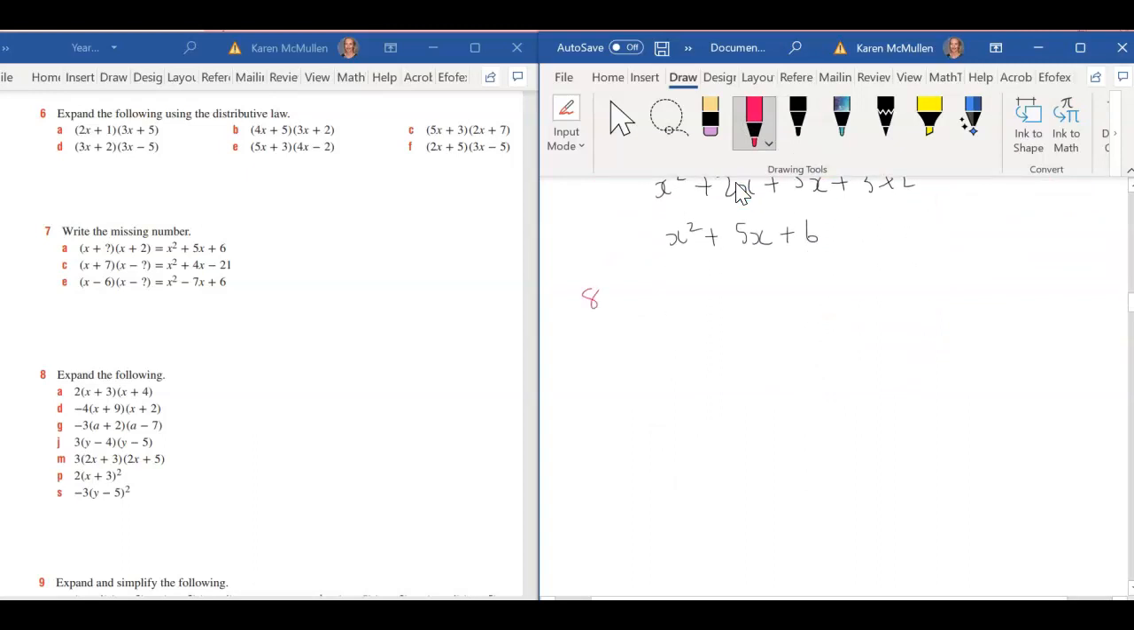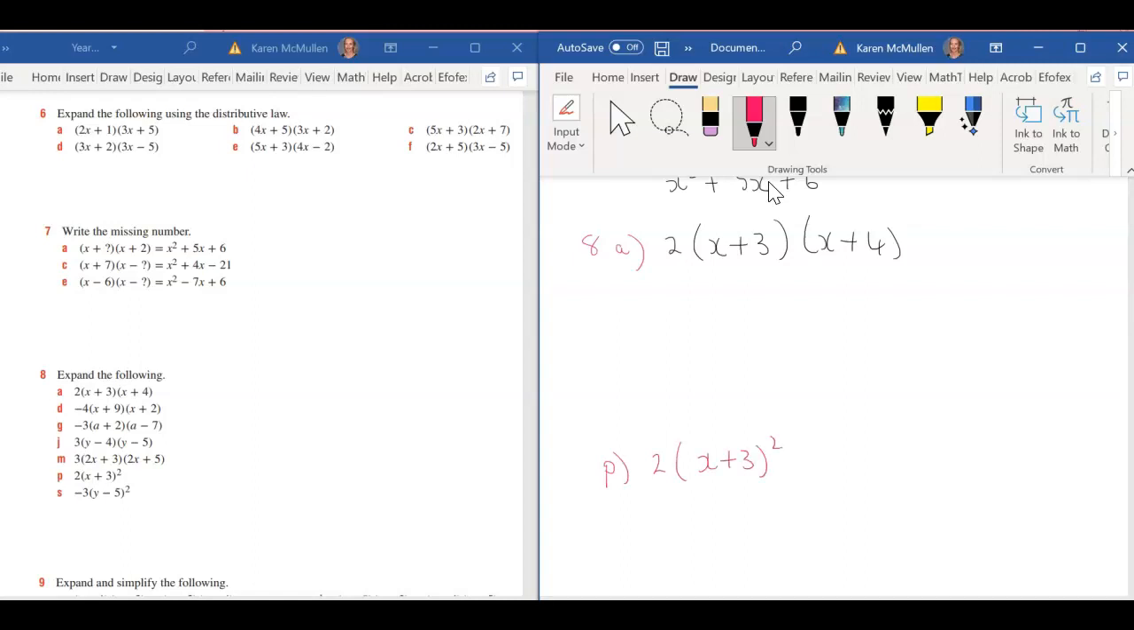Alright, I'm going to start with D. Actually, I'll do it. Alright, so we've got 2 times (x plus 3)(x plus 4). Actually, I'm going to compare this one to P. I'm going to put P here as well. And it really annoys me that I wrote that previous question in black. I like to be consistent. Oh well. Okay, so